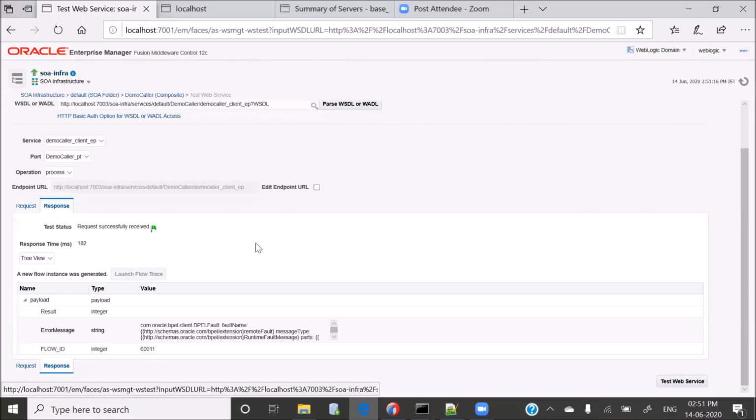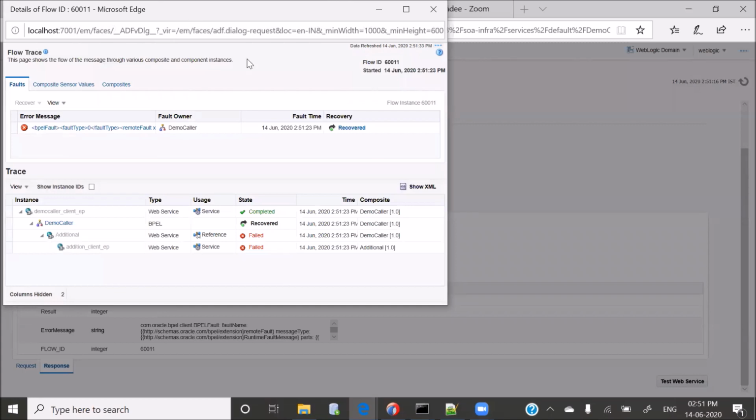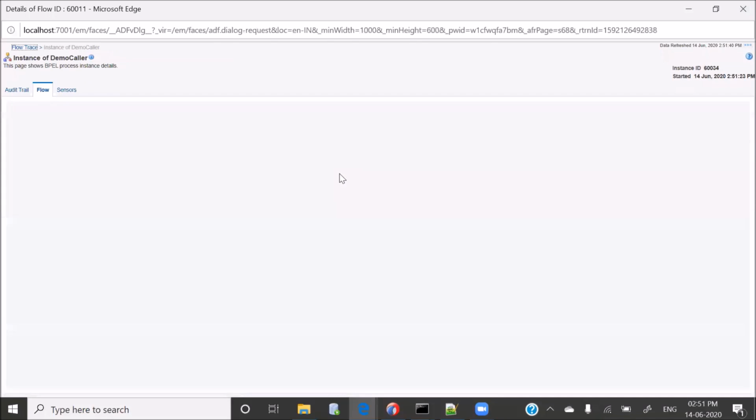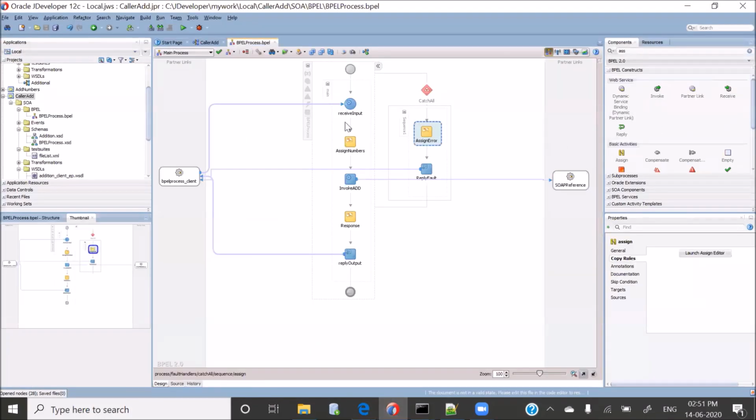Let me tell you what's happening. Go to launch flow trace. Errors still came, okay, but this time you handled the error. So what happened is, while you were invoking, after the invoke, it got errored out. So after the invoke, it directly went to the catch-all block. If I show you here, after the invoke, it should have gone to here. But because the invoke got errored out, at any particular moment when it gets errored out, it will directly go to the catch-all block.